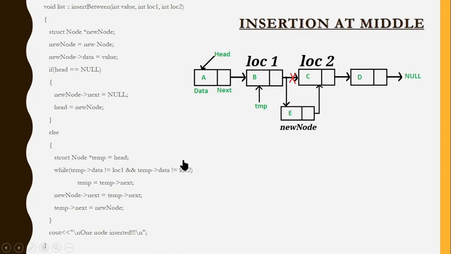When I say temp points to next for the first time, it points to this part. This address is nothing but this location, so it is easy to connect this part. Now I say temp points to next equal to new node. I am not holding the C address here. Instead, I am storing the E address over here. That's the meaning of the last line. That's how you create a link. And finally say cout, one node is inserted. So these are the three important functions where you have to learn how they are connected one by one.